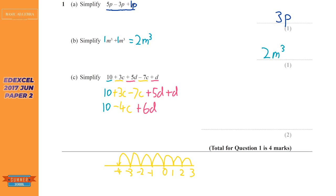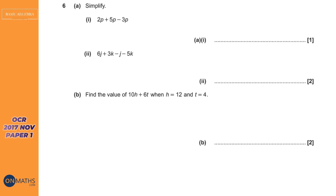Now, normally we put the letters first and then the numbers, but for this question it doesn't really matter. And I don't really like starting my answer off with a negative. That would be my excuse. So we finally move on to our